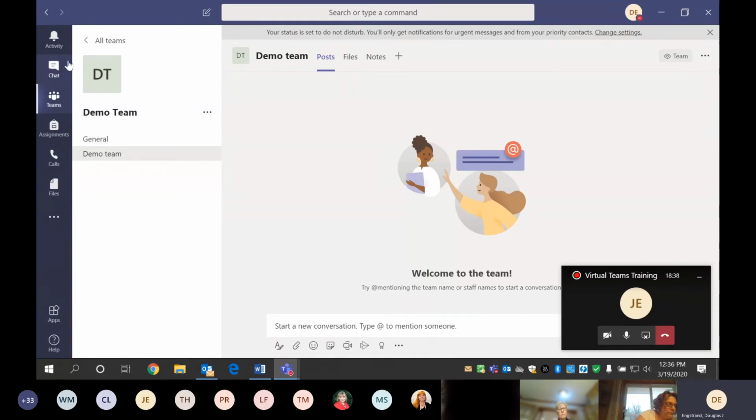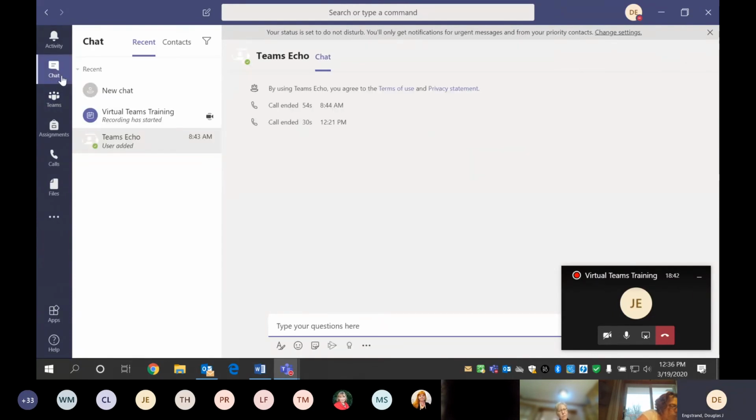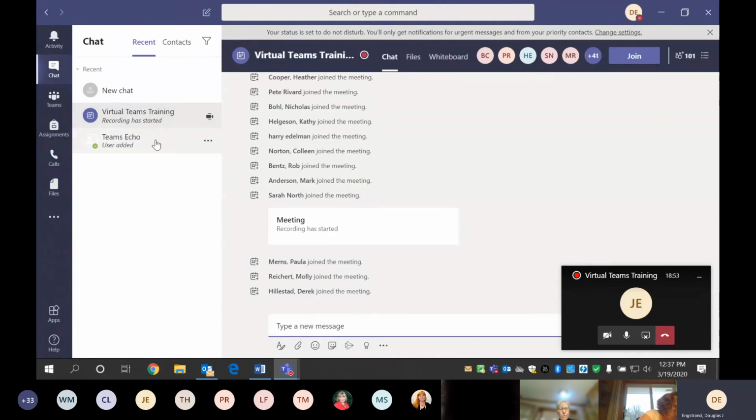So we're going to move along to the chat function, which is right over here. The chat function, you can see that it creates a chat for each virtual conference too. So right here, I can see who's in, who's out, and we can message within there. Otherwise, what you could do is click new chat,